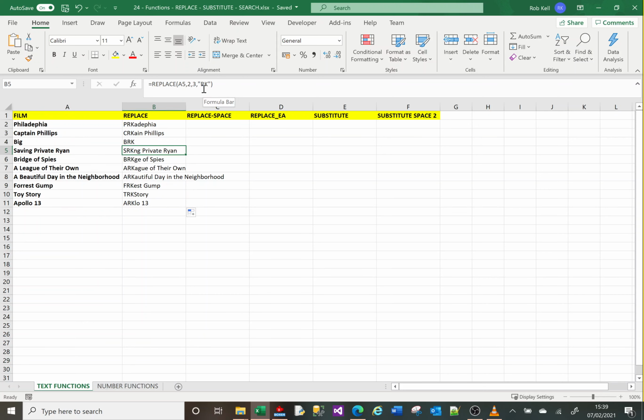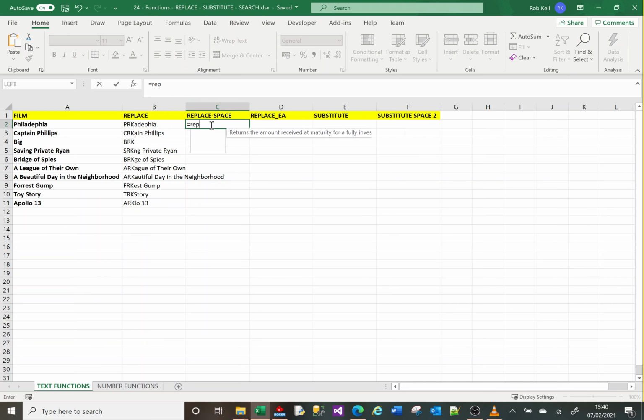It's not always practical to use replace, because in some cases maybe I want to replace a space. So if I find a space in the title of my film, I want to replace the space with a dash. In this example here, I don't know where a space is necessarily, so I've got to then go and search for the space. So if I go to here and I do equals replace,